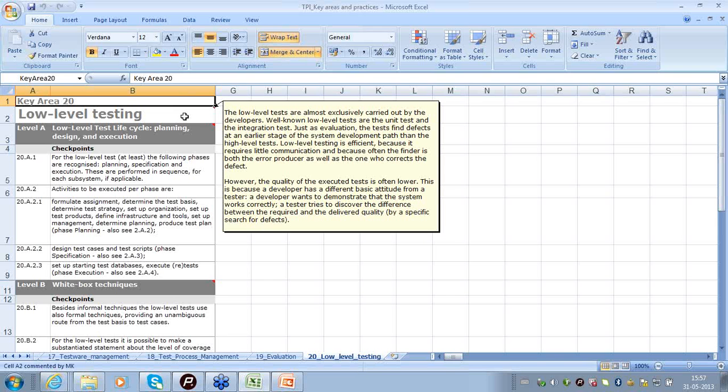Also, it says that the overall communication and coordination effort comes down dramatically because in this case, the person who is injecting the error is the same as the person who is uncovering the error.